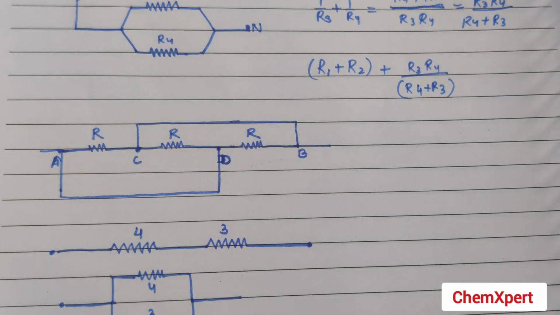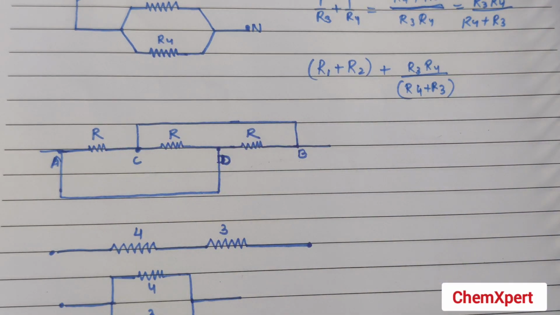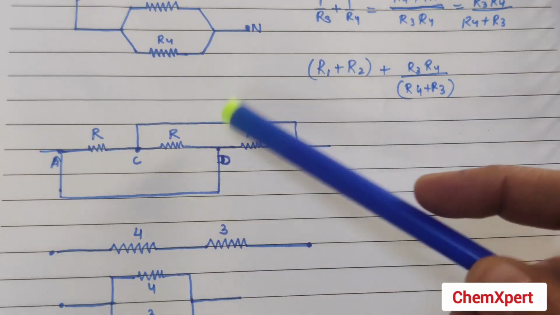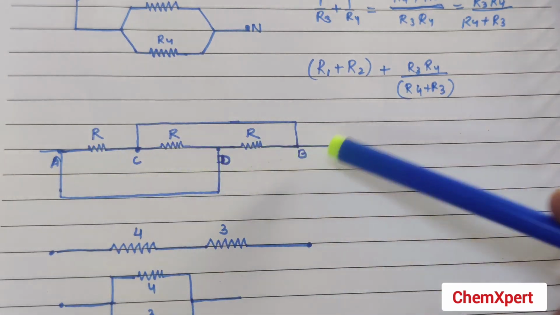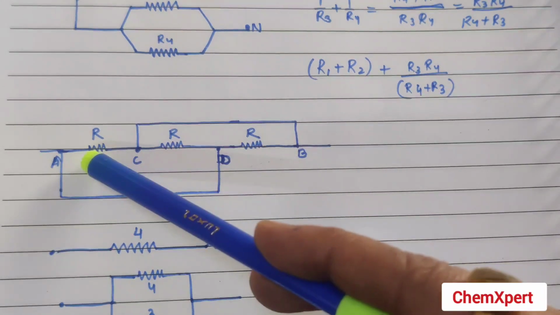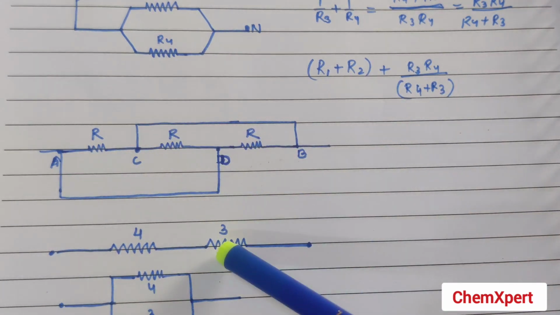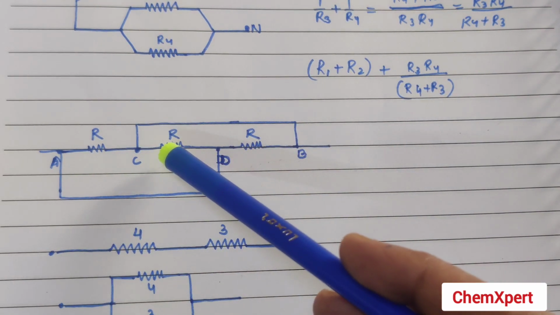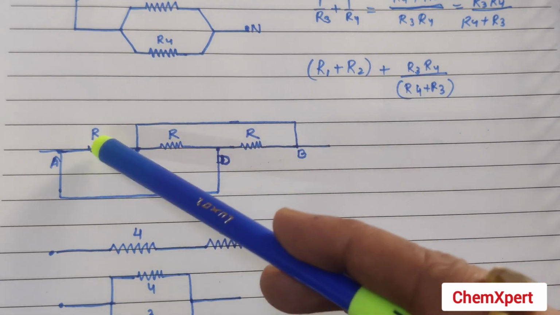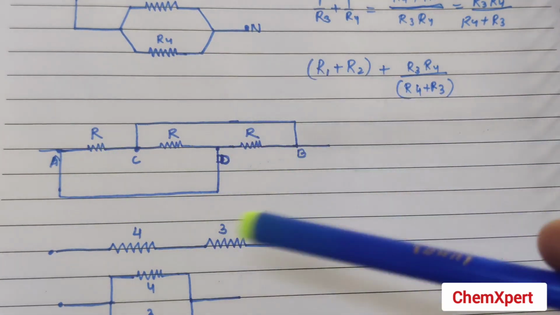So the next question is to find the equivalent resistance in this case where all the three resistances are the same. It seems to be a very difficult diagram, but if you are able to see what is common between all these points: this is a C point which is an end point for this resistance, an end point for this resistance, and again an end point for this resistance. Similarly this D point is an end point for this, again an end point for this resistance, and for this resistance the end point is D here, which means all the three are in parallel to each other.